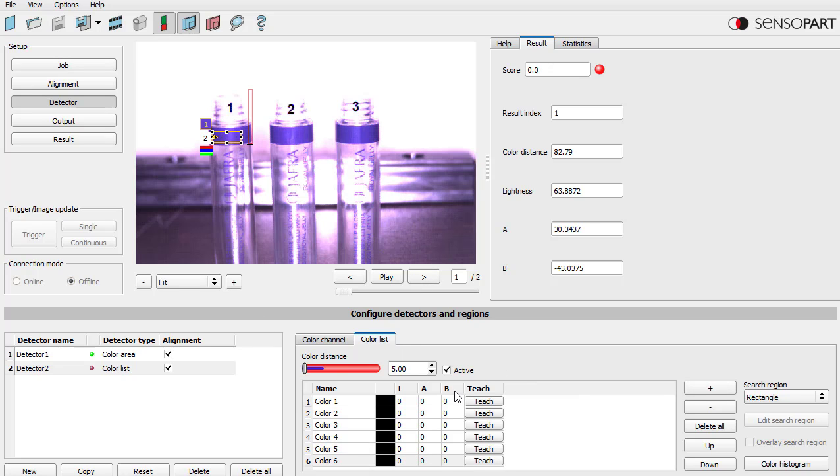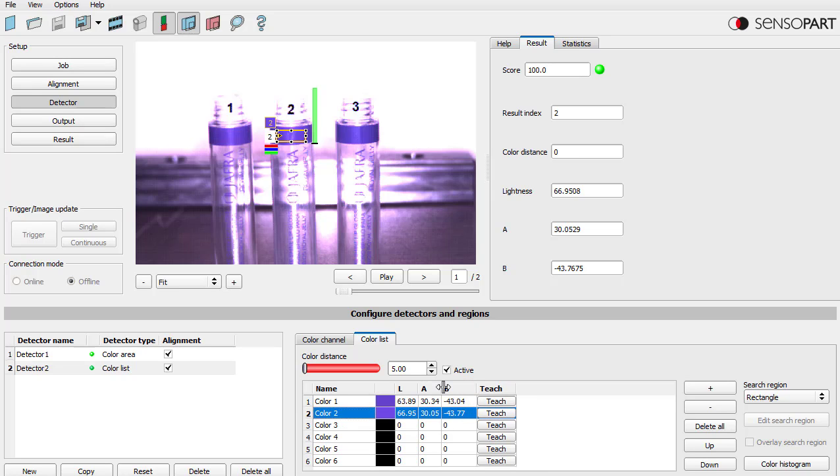Let's start here with part 1. I'm on part 1, you can see up here, and I'll click teach. So now I'll move to 2, and on row 2 here I'll click teach. You can see these numbers are a little bit different. This color distance is a concept defined only in LAB space. So if you teach a color and you plot in 3-dimensional space the L, the A, and the B values, and then you have a test part, and you also analyze the L, A, and B, and you measure the distance in 3-dimensional space, if it's within 1,